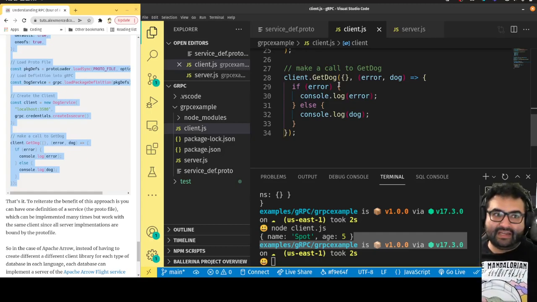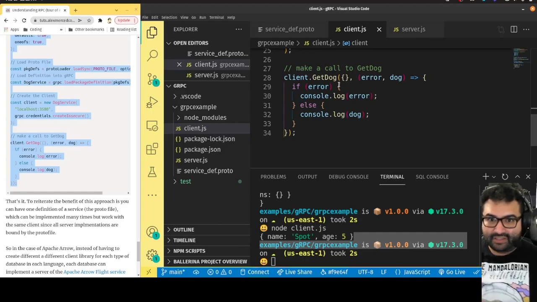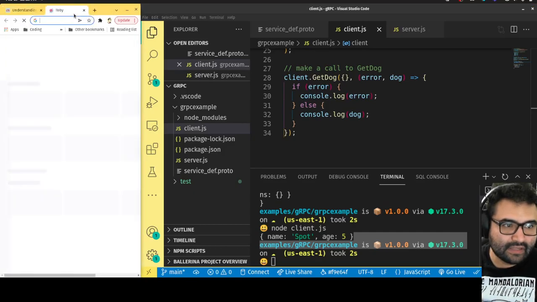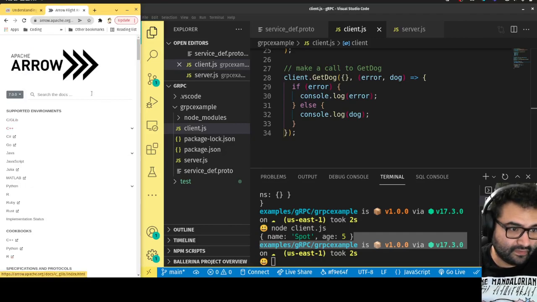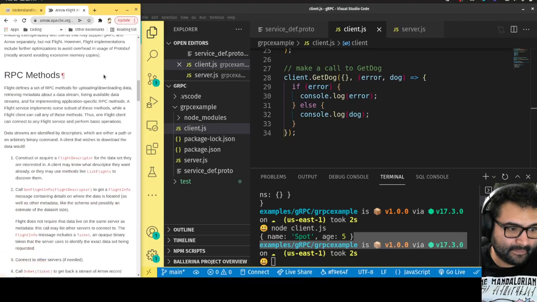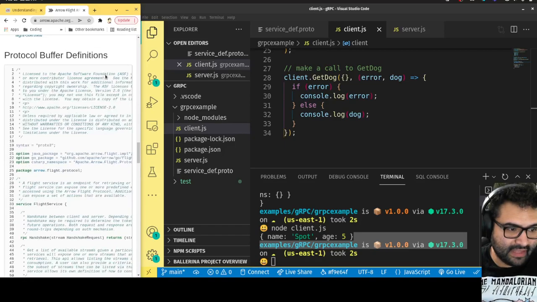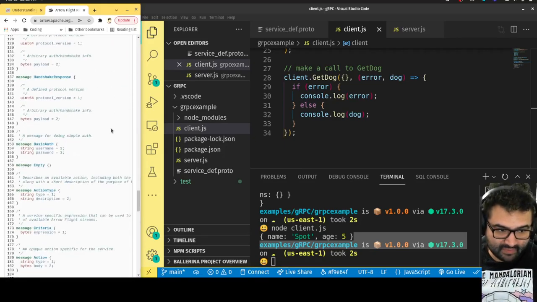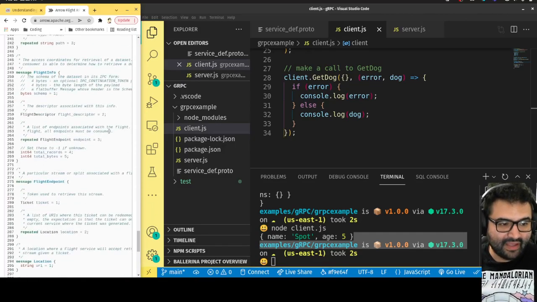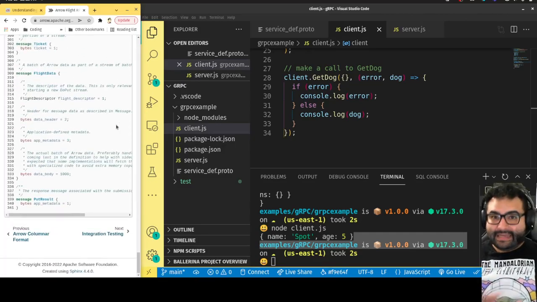Apache Arrow Flight is a specification of how to communicate, how to connect to a database and take advantage of the Apache Arrow format when you transport the data. So they have a proto file. So you see here, they have this proto file. It's just like that proto file you just saw me do, except with a lot more stuff in it. And the idea is this: any database that wants to take advantage of Apache Arrow Flight